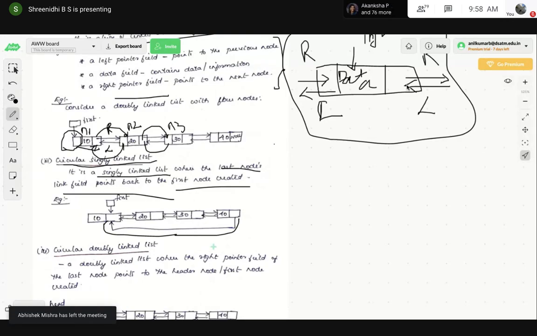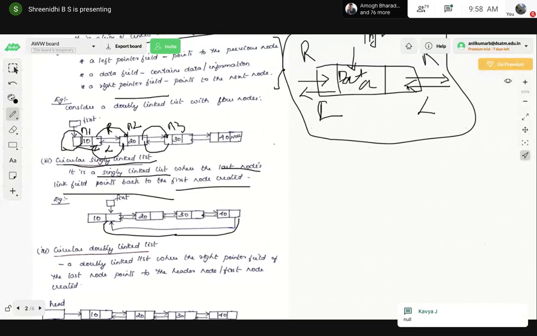Initially, in the single linked list, the last node points to where? Yes, reply fast. Null, right? So here that null is replaced, pointing back to the first node of the linked list.